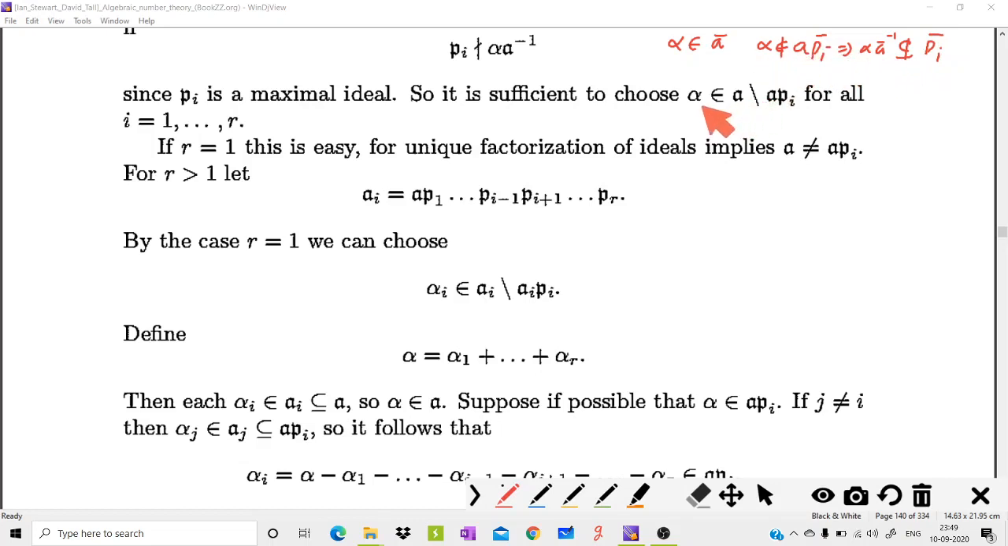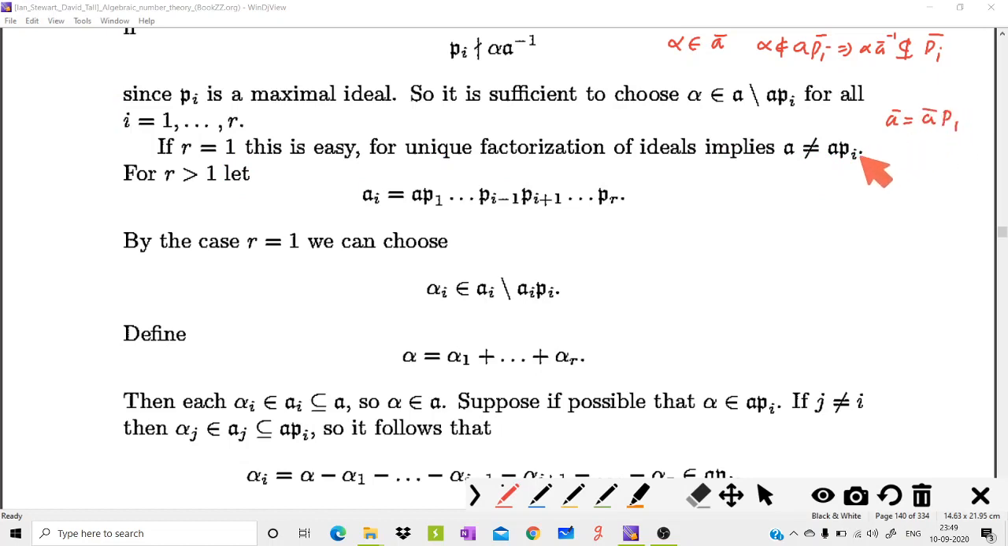So once you choose an alpha such that alpha is an element of A minus A P_i for all i equal to 1, 2, 3, etc., r, we are done. Okay, so the first case is very trivial. If r is equal to 1, then we can easily get an element from A which is not in A P_i, or A P_1, if r is equal to 1, because whenever we know that A equal to